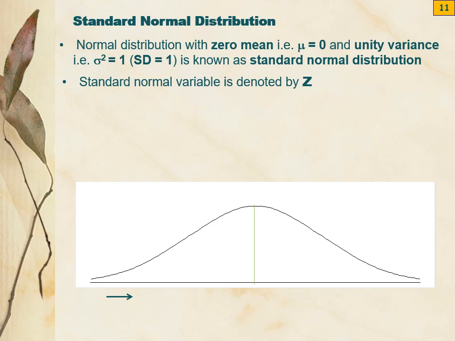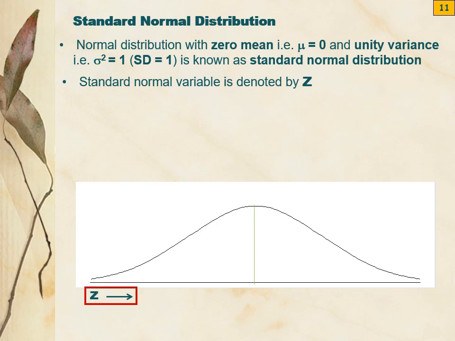In general, for our variable height, weight, BMI, etc., we use capital X and we call it X. X is the variable. X may be height, maybe weight, maybe blood pressure, maybe hemoglobin, and so on. Z is the standard normal variate. So information available with you is in the form of X, your original variable. We convert our variable to Z form and then we use the table.